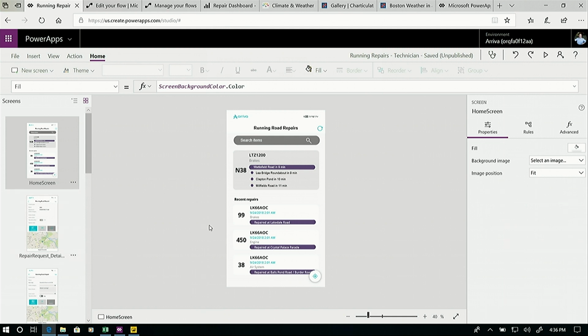We can see in the center area right here, this is actually the screen that we were just looking at on the app. And that's what's incredibly powerful about PowerApps, is as you build the app, you're actually looking at the app run itself with real data, with real logic evaluating. This makes it incredibly productive to go build fairly complex applications.